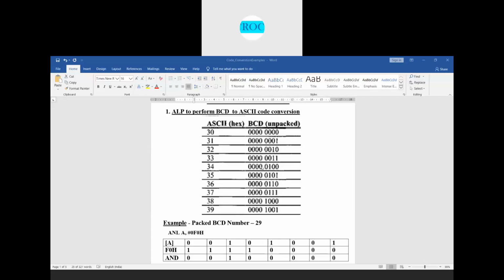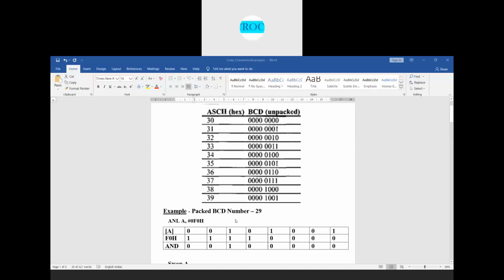And if you see here, these are called unpacked BCD numbers because they are 0 to 9. But when we give the input as packed BCD numbers, for example 29, what is the unpacked BCD for 29? 02 and 09. 02 is an unpacked BCD number and 09 is also an unpacked BCD number.